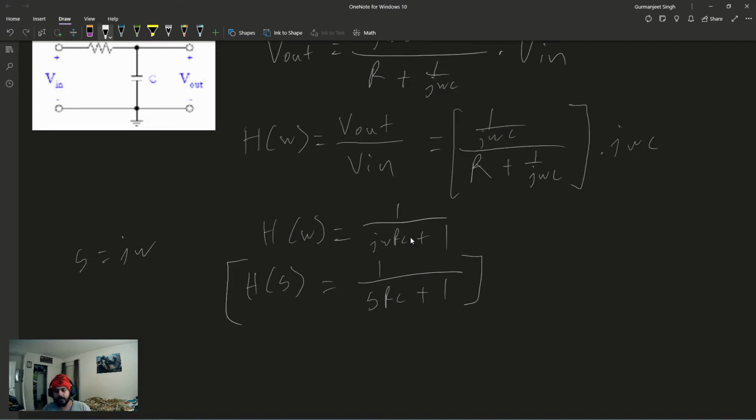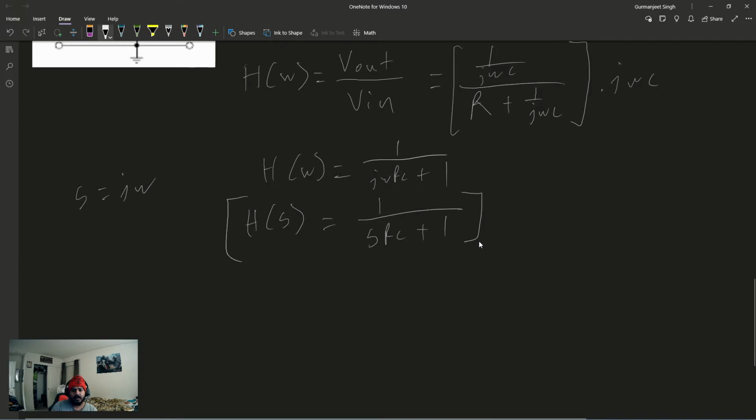So now that we know our transfer function, we can actually find the cutoff frequency, given that we know what the resistor and the capacitor are. But we only know what the resistor is, and we also know what the cutoff frequency is as well. So the equation for the cutoff frequency essentially should be omega c equals 1 over RC. Now, you see we have an omega here, which is radians per second,